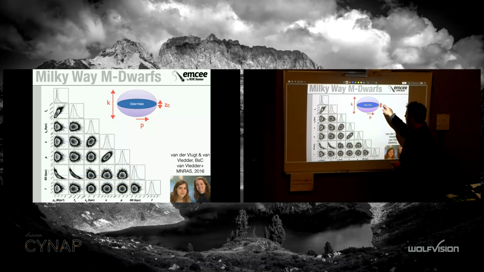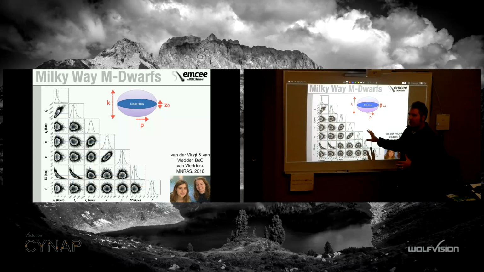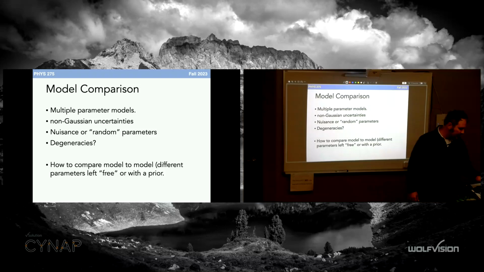But they constrained z naught, p, the k, like the oblateness of the halo. They modeled this perfectly. And not only that, we got uncertainties on all of them that we could compare to how other people had found these. So yes, that is the Monthly Notices of the Royal Astronomical Society, 2016. They basically handed in their thesis. I was like, that's cool. Can I turn it into a paper? And they said, fine. And I stripped out the reference to Wikipedia, and I was pretty much done. So that was a fun exercise.